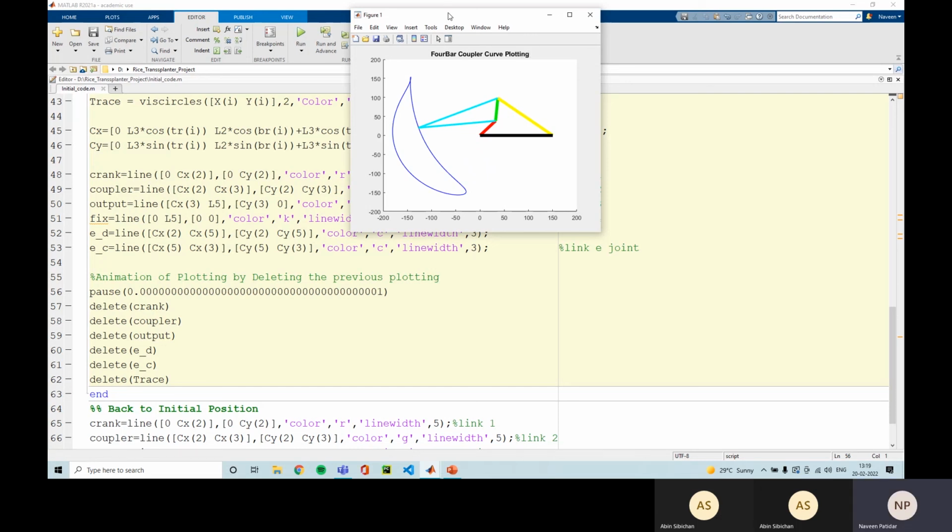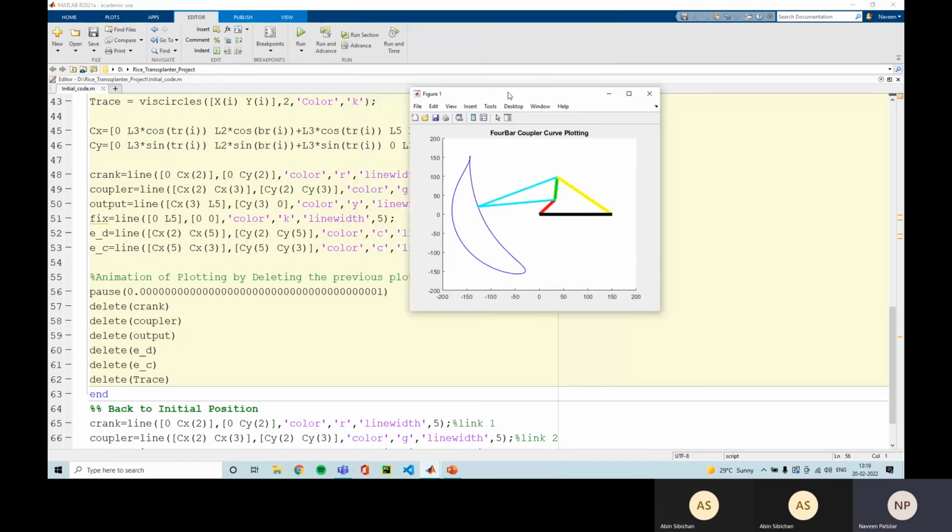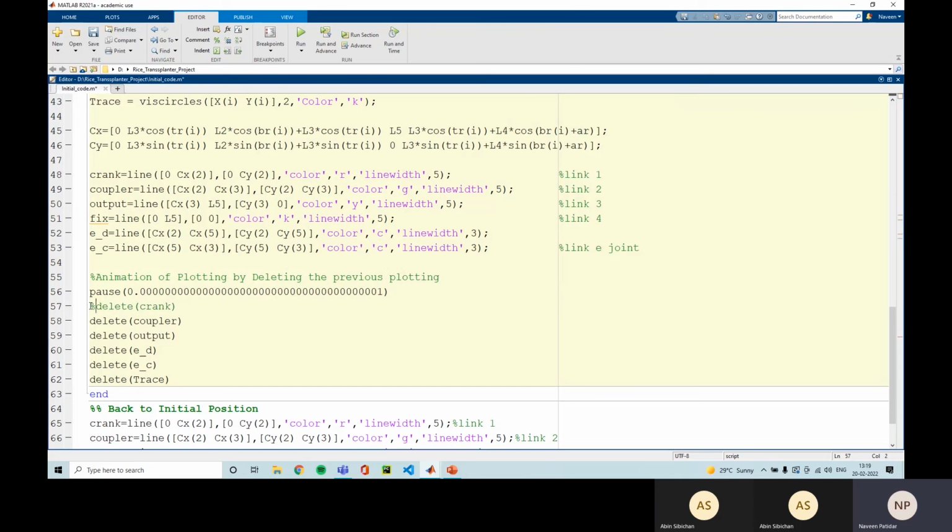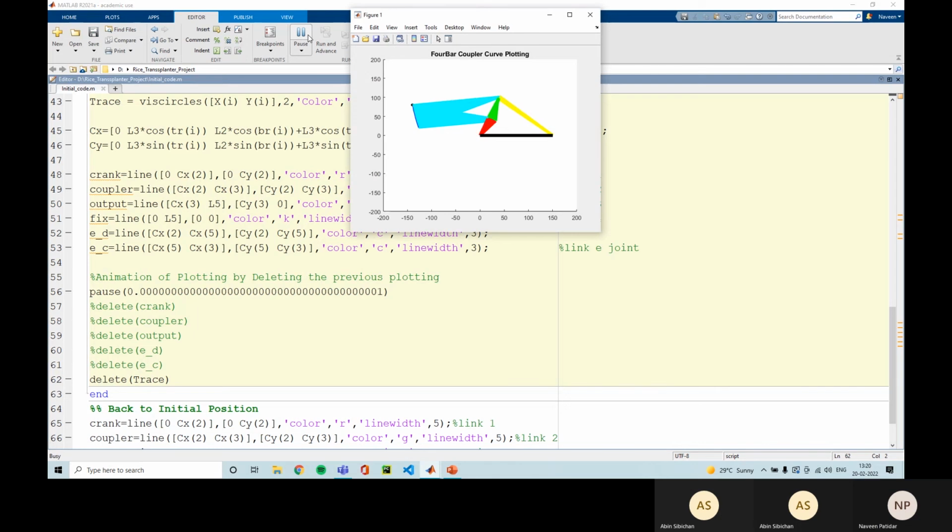Now we will delete the crank, coupler, output, AD, EC, and trace. Why are we deleting? Let's see what happens if we do not delete those lines. We'll comment out all the values and I will run again.